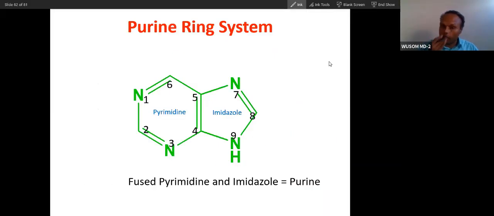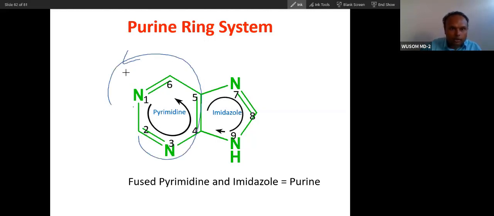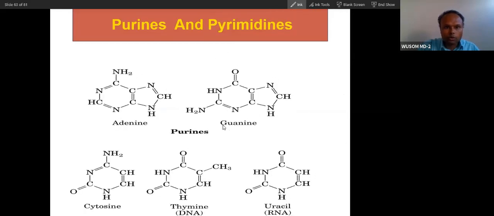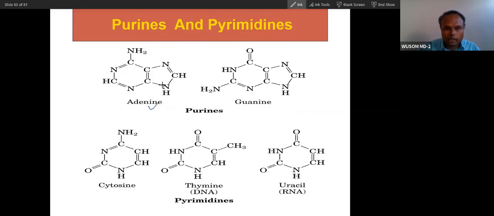Synthesis and regulation. Now you already know this is the purine ring. The purine ring has one pyrimidine and here an imidazole ring. So how do you number? I have given you the numbering. You can number like this, first in purine, and then you number like this. This is anti-clockwise, and this is clockwise. So purine is named like this, and pyrimidine is named. These are the purines and pyrimidines: adenine, guanine, cytosine, thymine, and uracil.